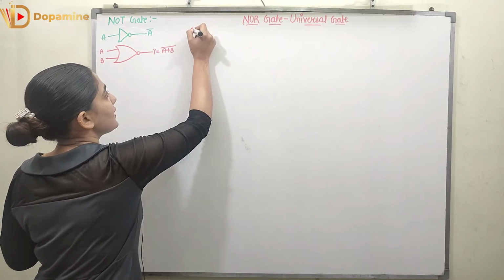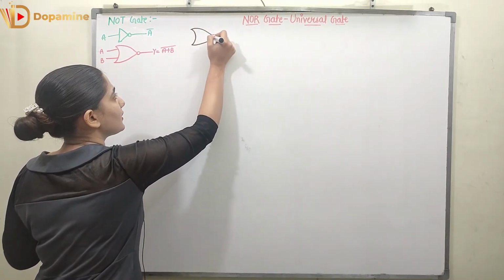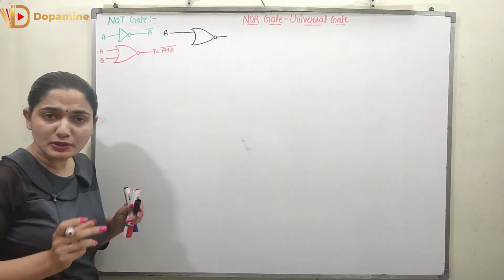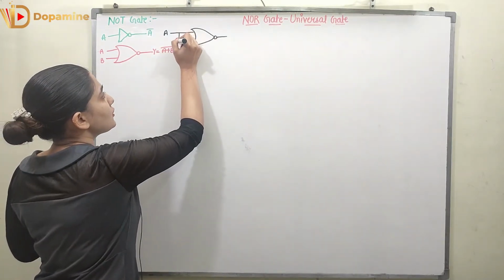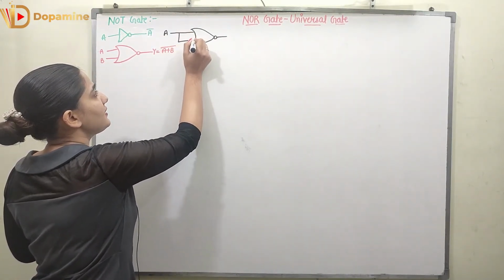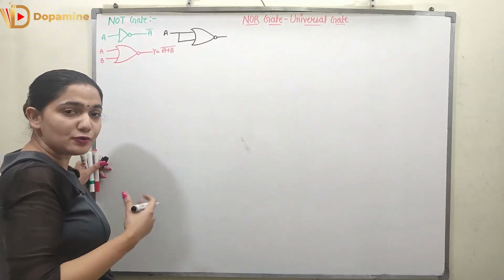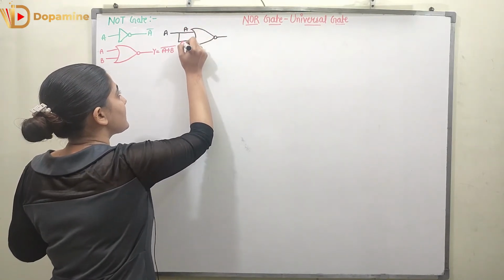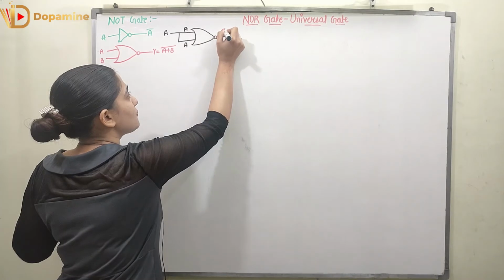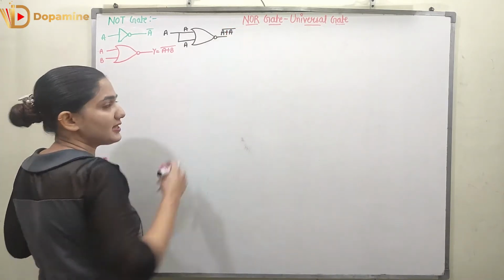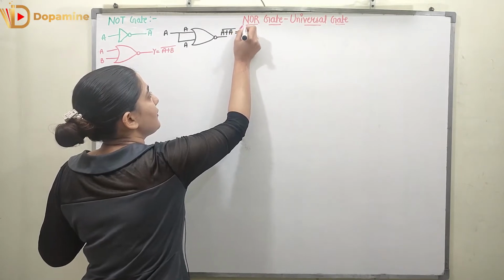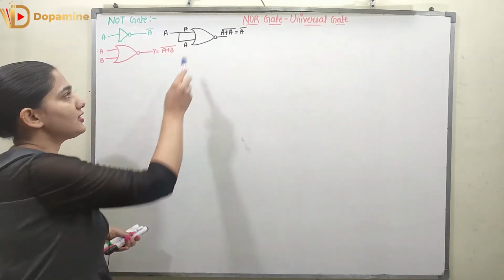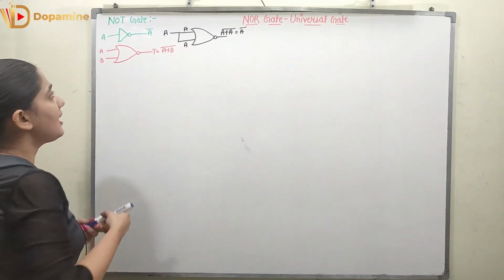So what I am going to do, I am going to take a NOR gate, right? So let's first take a NOR gate. This is my NOR gate. What I have done now, I have taken one input. I have only one input in the NOT gate. What I am going to do, I am going to now take the second input also as the first input. Now I am going to short the second input as the first input only. So now here the first input is A, the second input is also A. What is the output? Output is A plus A whole bar. What is A plus A? A plus A is A only, which is A bar. So thus I can say I am getting the output as A bar when the input was A. So this is how the NOR gate can be acting like a NOT gate.